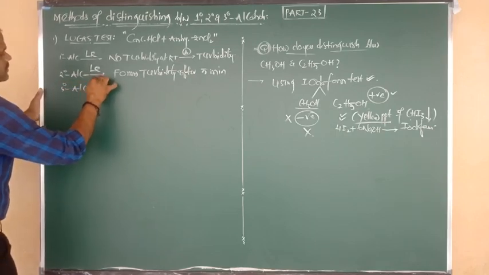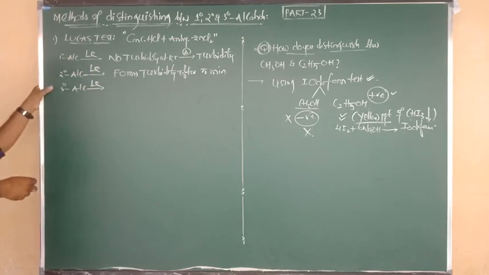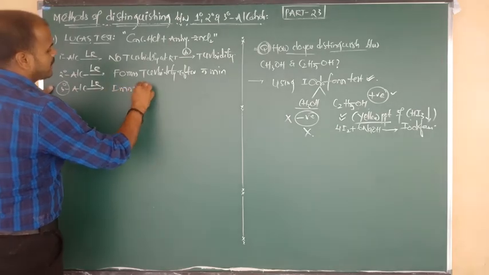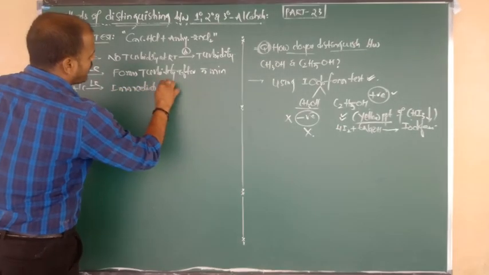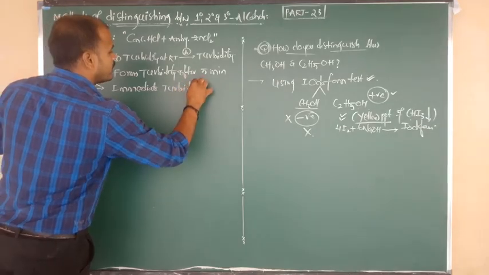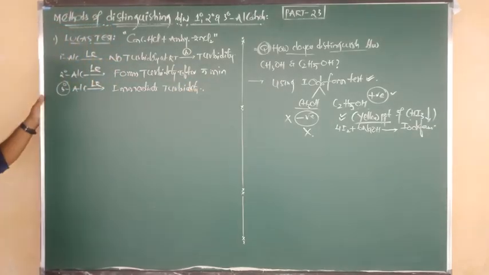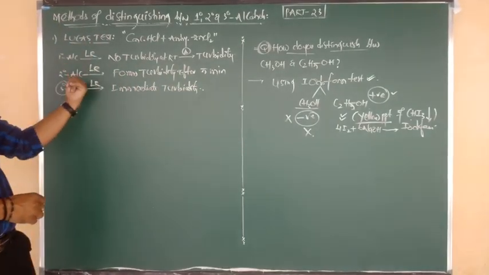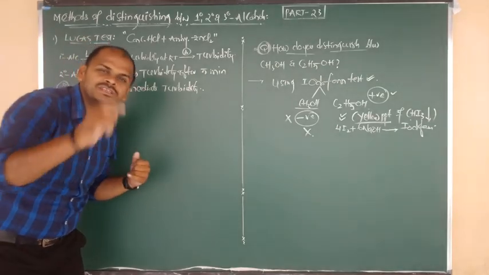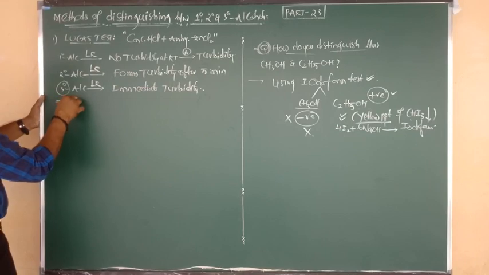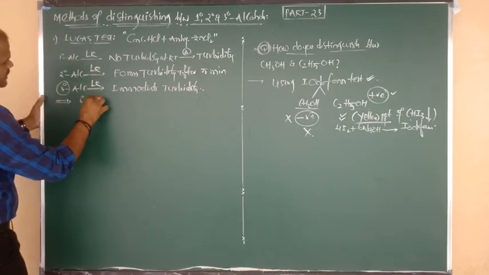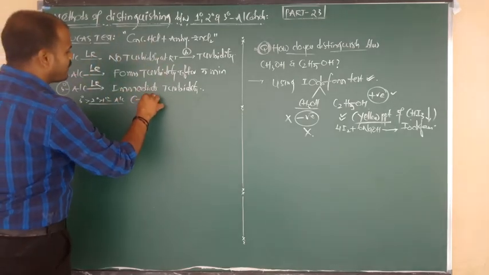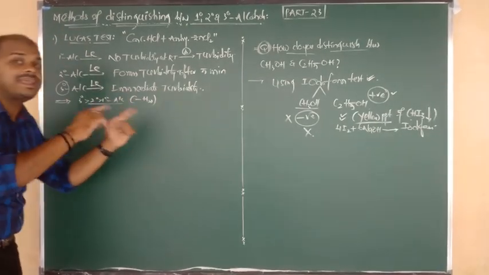Tertiary alcohols. Primary, secondary, tertiary: which is more reactive? Tertiary alcohol is more reactive, right, beta? So due to its more reactive nature, it easily forms turbidity. We have to say that it forms immediate turbidity. So: no turbidity, turbidity after 5 minutes, and immediate turbidity. From primary to secondary, secondary to tertiary, the reactivity increases. And I also told you the reactivity order of alcohols is tertiary greater than secondary greater than primary alcohols, because in all these procedures removal of a water molecule takes place, meaning this is the order of dehydration.